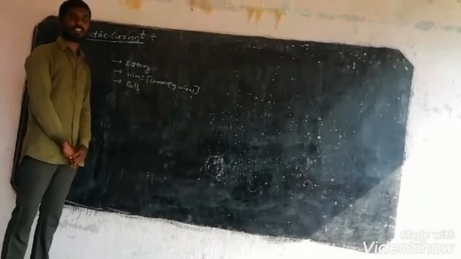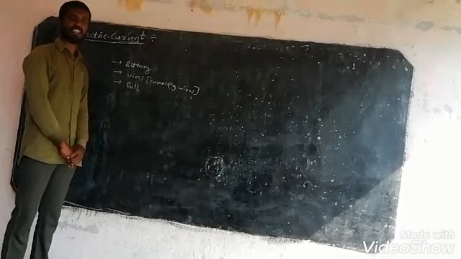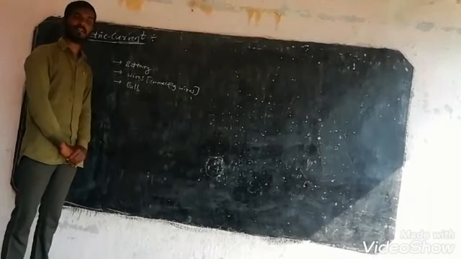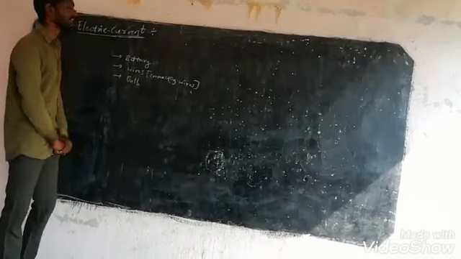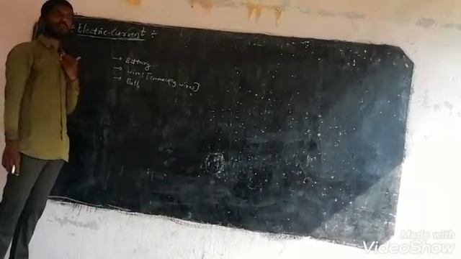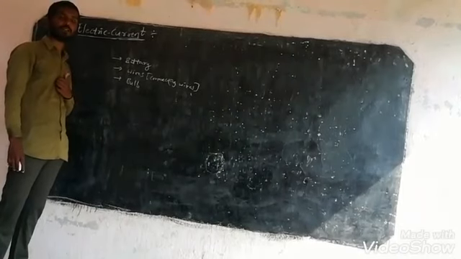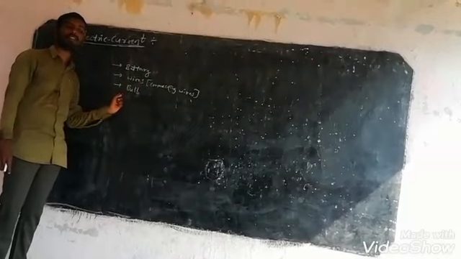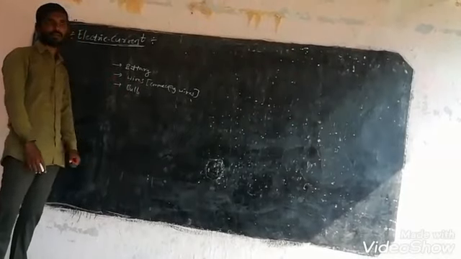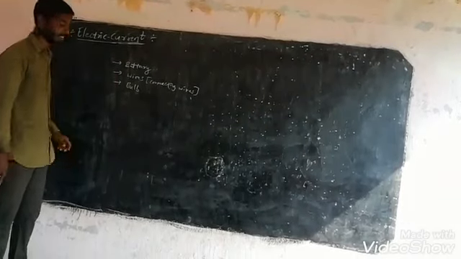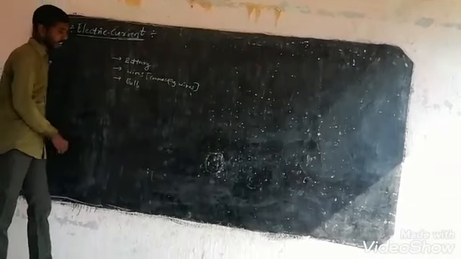So we know about current. Daily we are using current in our houses and in many situations in our daily life. Already in our previous classes we discussed current, and before that we know about a simple circuit. A circuit contains a battery, connecting wires, and a bulb. Now I will show how the current passes through the circuit.